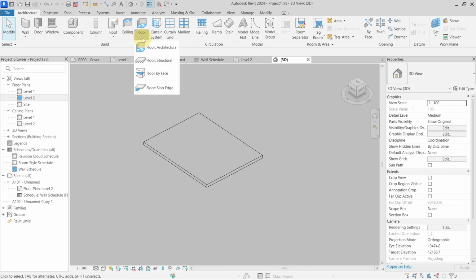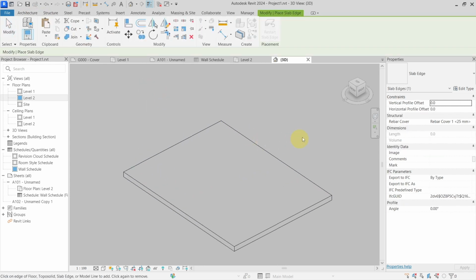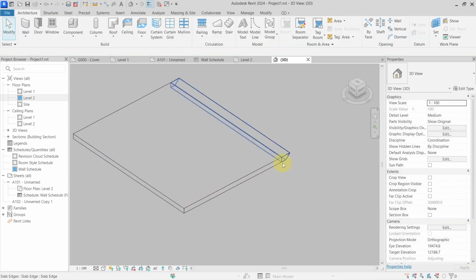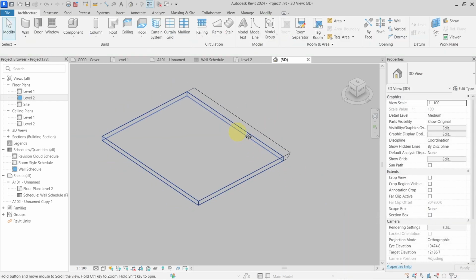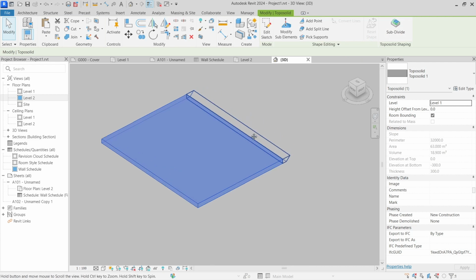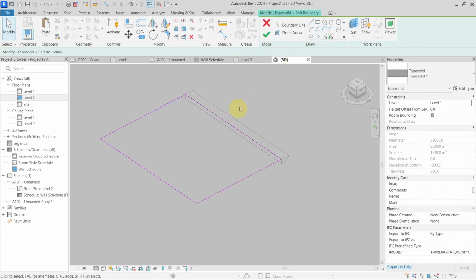Okay, the next one is that the floor slab edge can now be placed on the toposolid. So you can see that I can choose edge from the toposolid to be able to create my slab edge on it. But it has some limitations. If I go and I use my subdivision for the toposolids, I cannot place it on this subdivision. And also if I try to, let's say, use this one